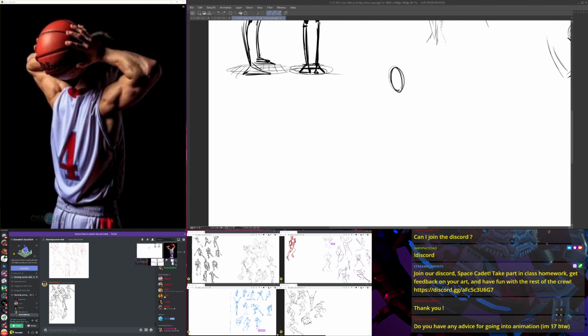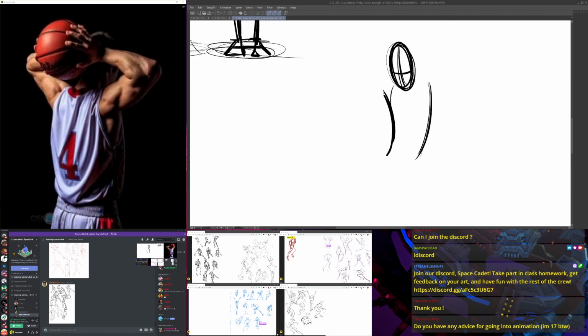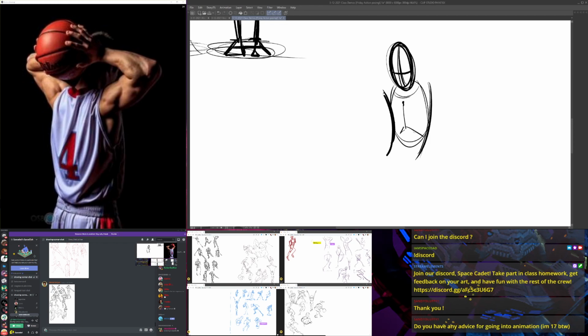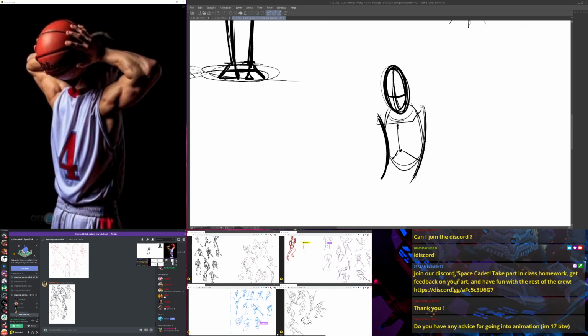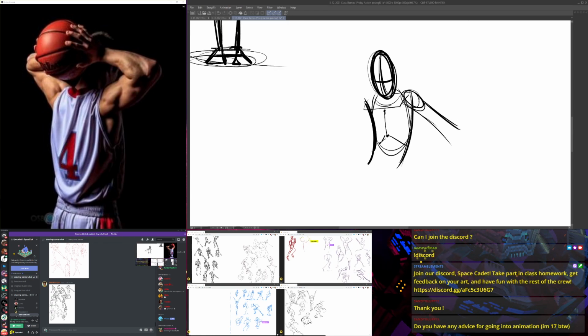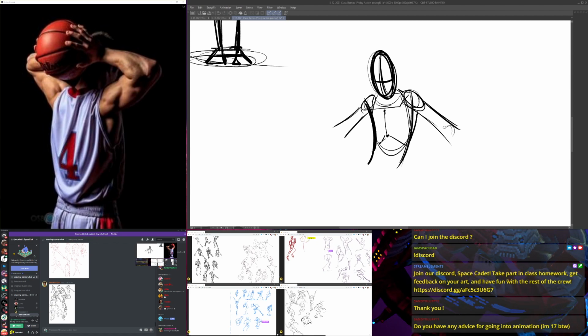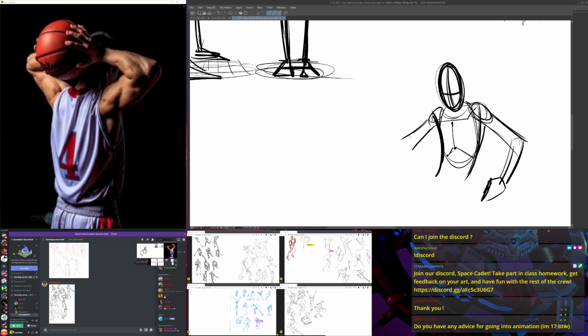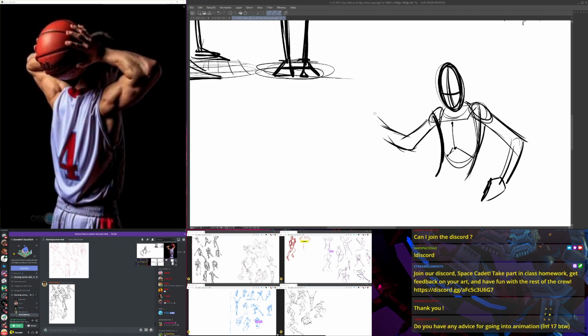A couple things though. If you're going into 2D animation, you want to put a huge emphasis on becoming really good at traditional drawing. That means traditional figure drawing and perspective, 3D perspective drawing and all that kind of stuff. Because if you go into animation before you really understand that stuff, it's going to be way harder for you to get good at figure drawing later. So you want to concentrate your energies on getting really good at figure drawing.